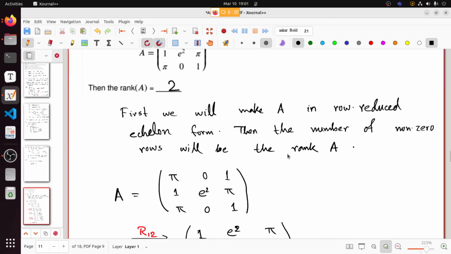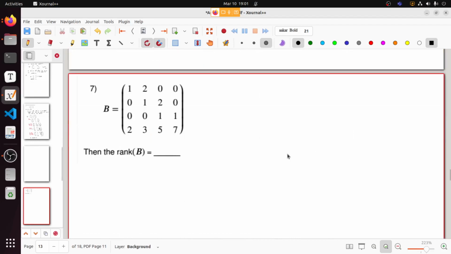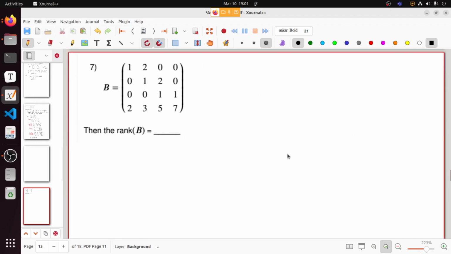Let's move to question number 7. Here again you have to find the rank of the matrix. So again you have to make it row reduced form and then check the number of non-zero rows. So let's do it. B is 1, 2, 0, 0,